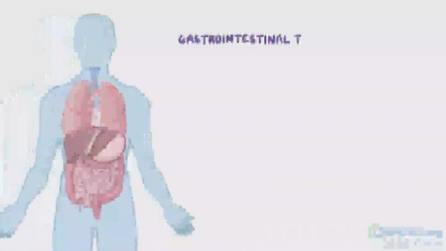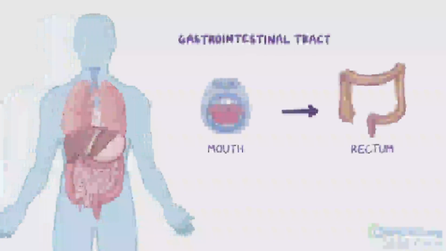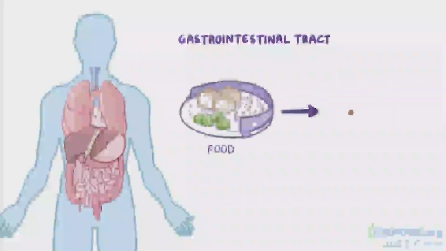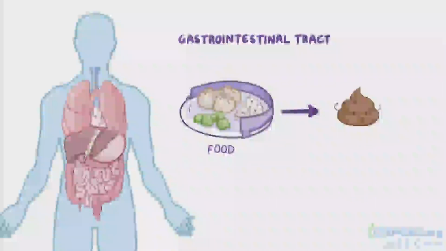The gastrointestinal tract is essentially a long tube extending from our mouth to our rectum. We rely on it to eat, break down our food, and turn it into, well, you get the picture. Due to its role in breakdown and absorption of nutrients, it's important to understand the different divisions and blood supply